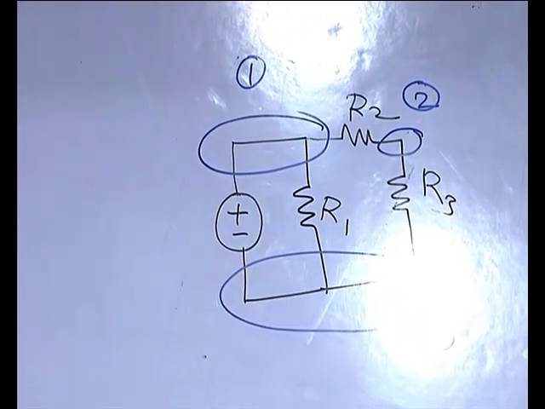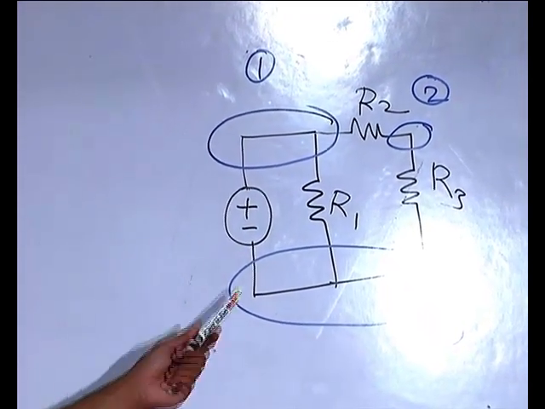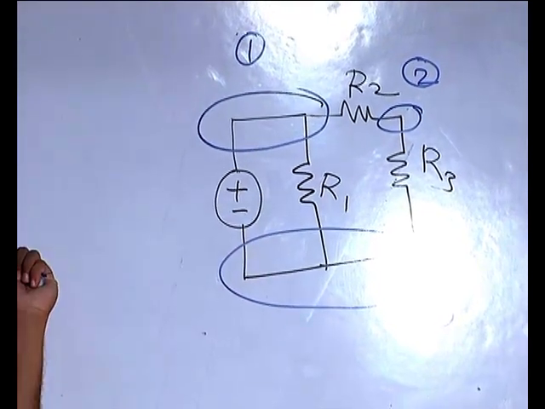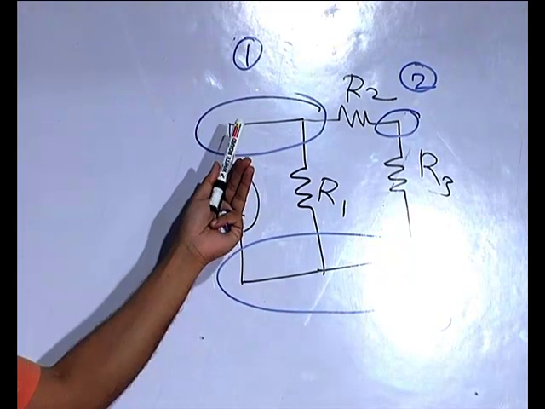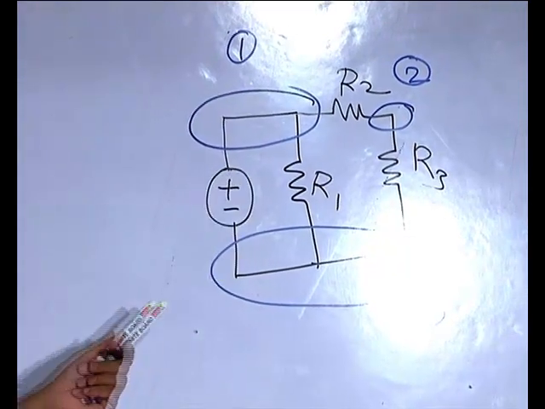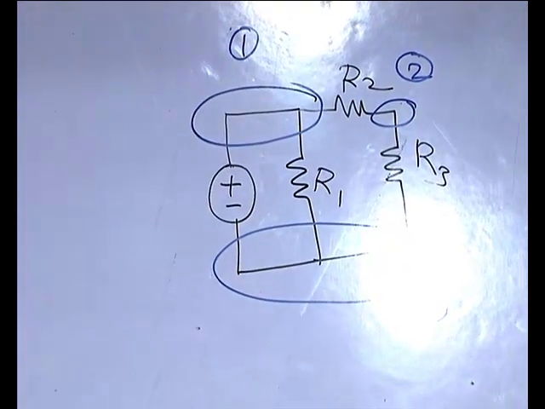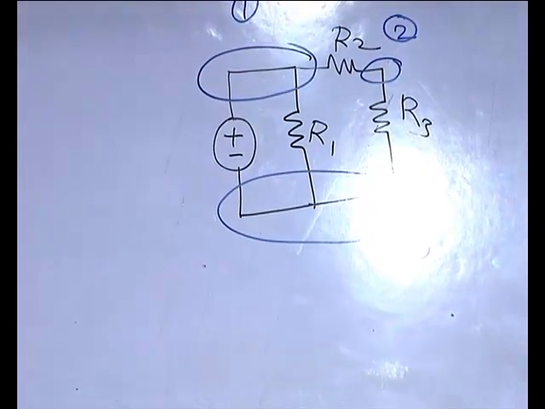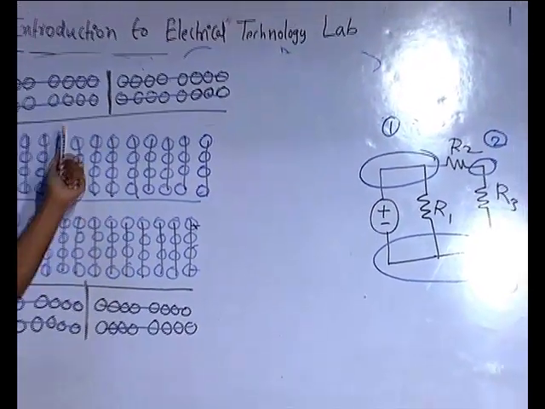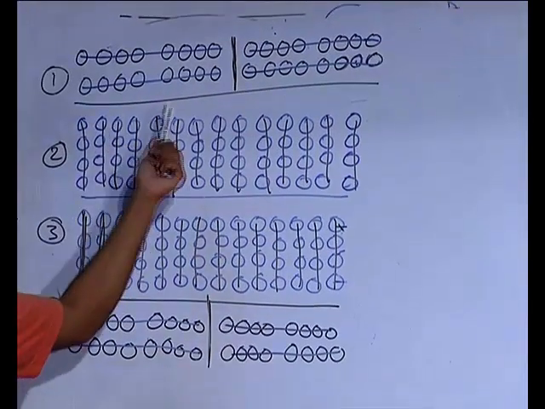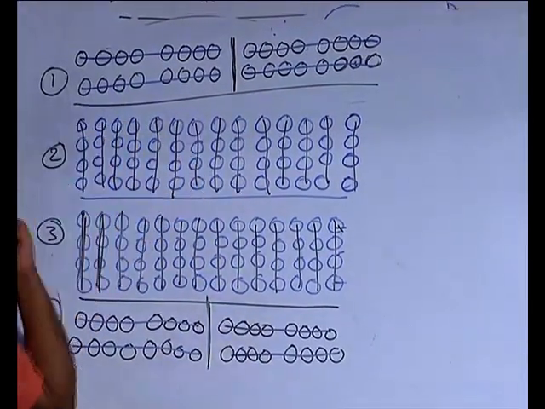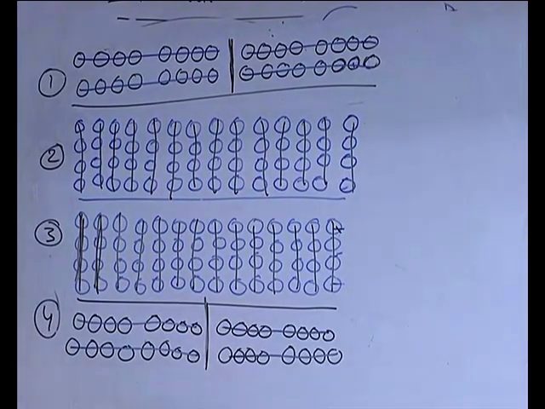It means to do the connections of this circuit on the breadboard, you need only 3 junctions or 3 nodes. In this breadboard there are about 100 junctions. So you take any 3 junctions out of the 100 junctions, choose them, and do the connections of the circuit on those junctions.